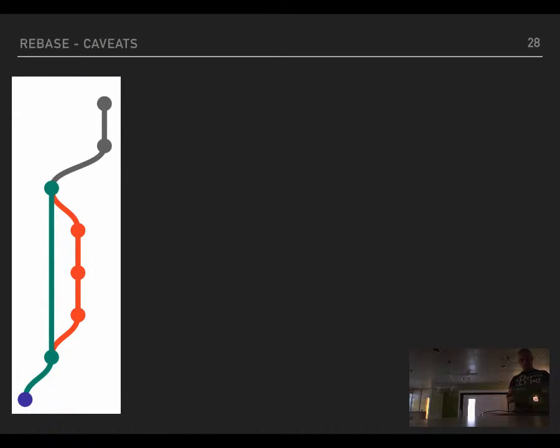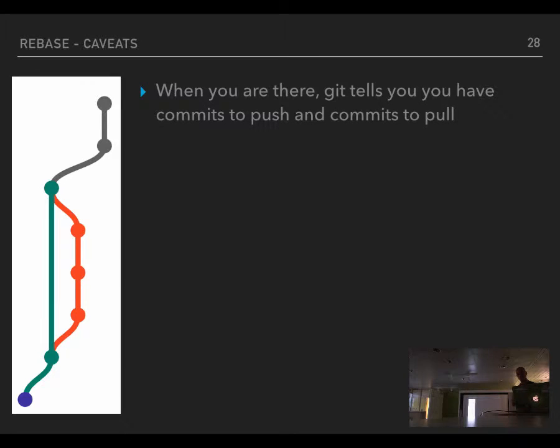There is one, I think maybe two, big caveats with rebase, or not caveats, but things to be careful with. When you're in this particular state, your local branch is here, and you want to push it to your remote repository for safekeeping, for example. If you try to do that, it's going to fail. And it's going to tell you, well, you have some commits that are on remote that you don't have that